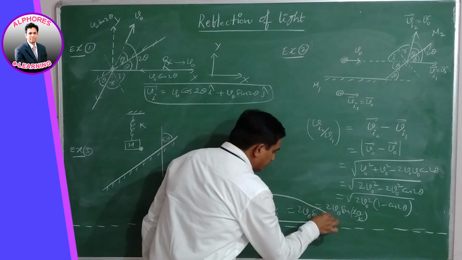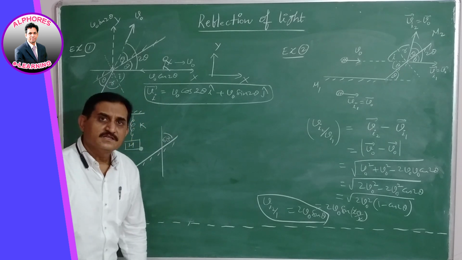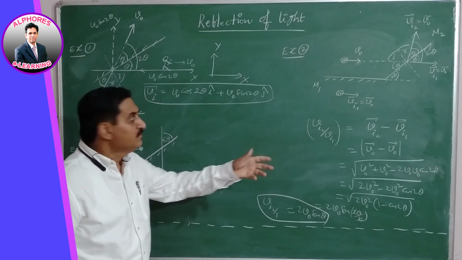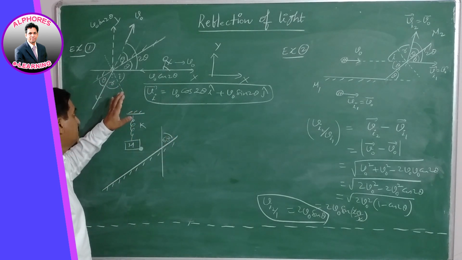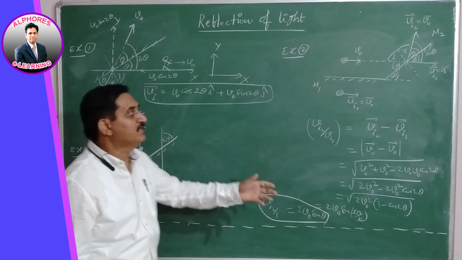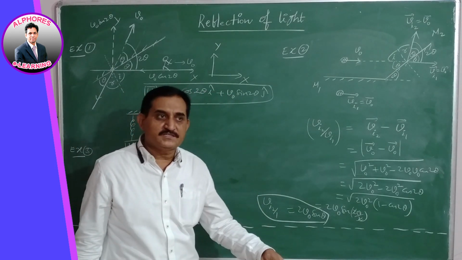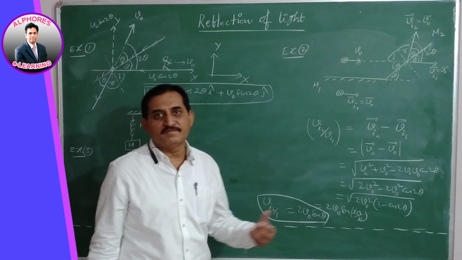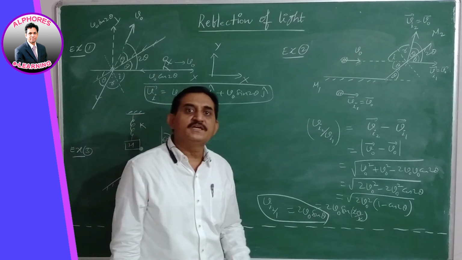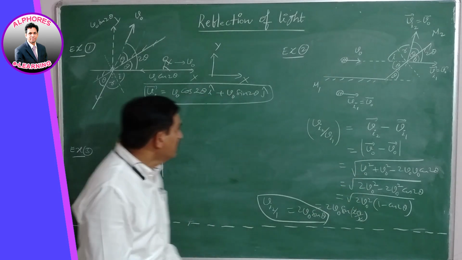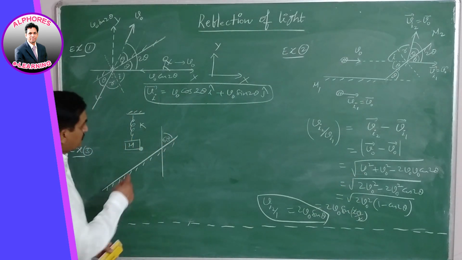This is the final answer. This also depends on the reflection of light. We are taking that after reflection, its corresponding image is extended back, and using the law of reflection, angle i equals angle r, or otherwise taking the glancing angle, you can easily find whatever the question asks related to this one. Okay, next, let's go for the third question.